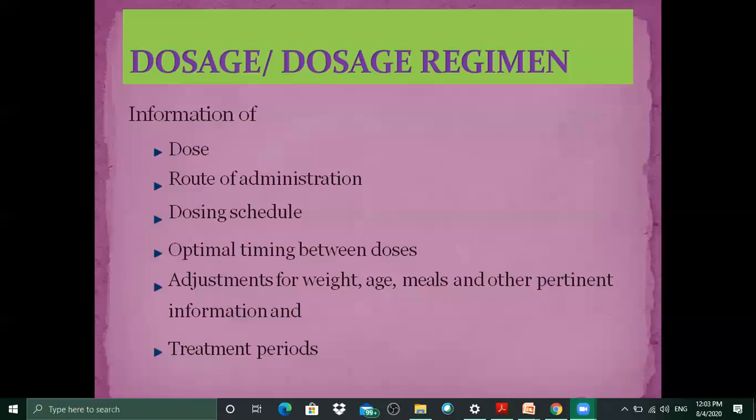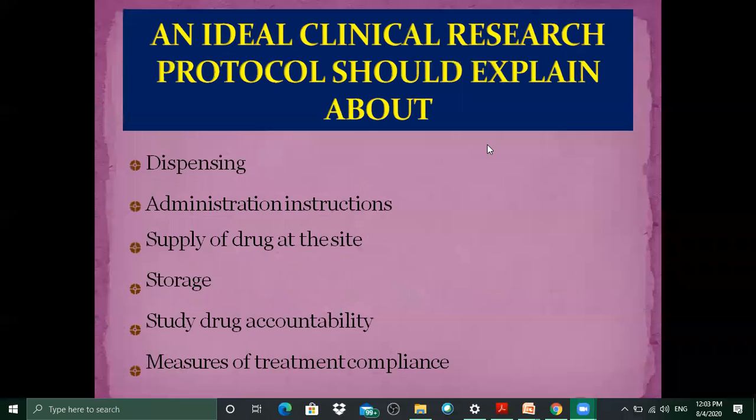So see, हम घर पे जब भी मेडिकेशन खाते हैं तो आज मैंने 2 बजे खाया, फिर रात को मैंने 10 बजे खाया, हम इतना देखते नहीं है. But when we are doing the trial, clinical trial or BA/BE trial, that time it is very stringent for them to maintain those timelines, because depending on that timeline all your data will be varying. ठीक है ना? So all this information is very crucial when it comes to dosage and dosage regime.